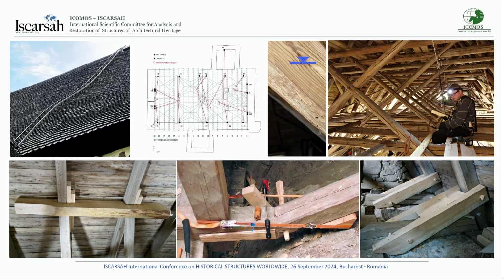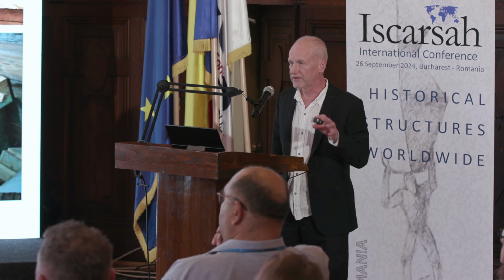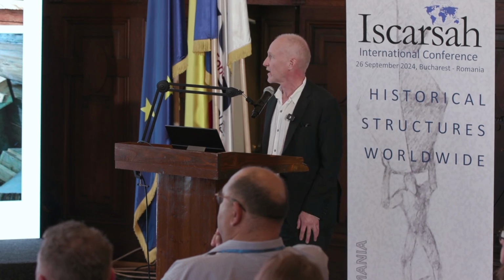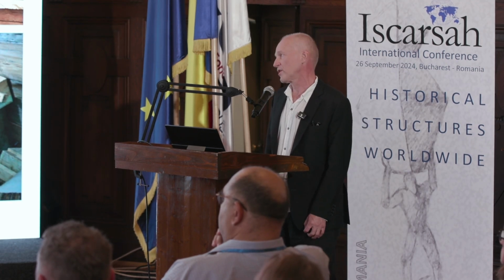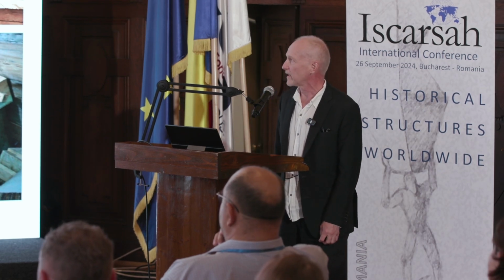About the restoration then, there are some problems on the structure. They are quite big and quite lightweight. And as you can see on the left picture, there are some deformations on the structures quite often. And we have had a few projects where we have been both the designer on the site and doing the actual craftsman work. And what we of course try to do is that we don't do anything, and we mainly try to